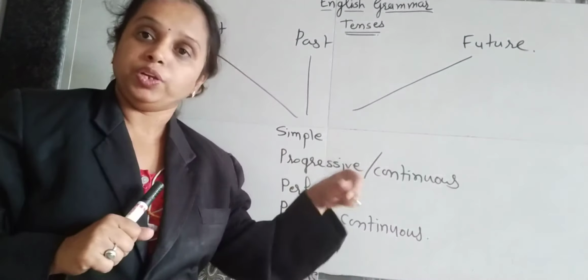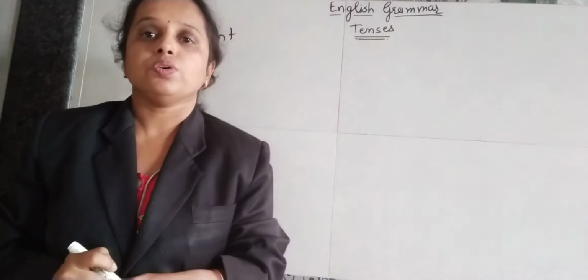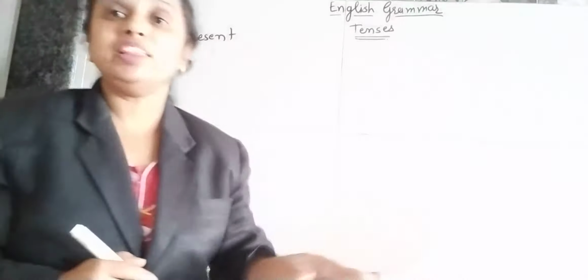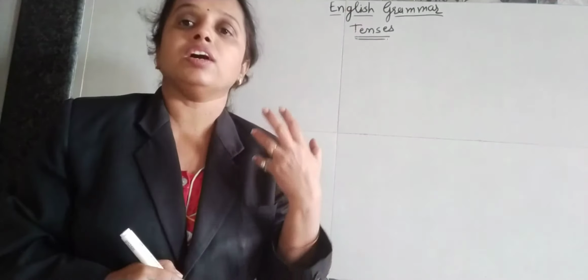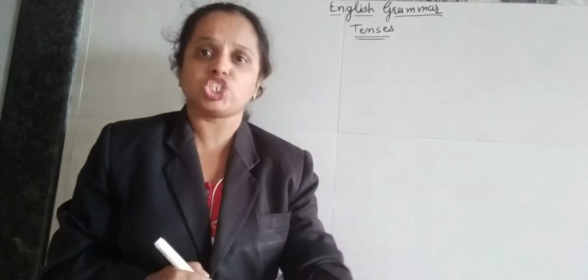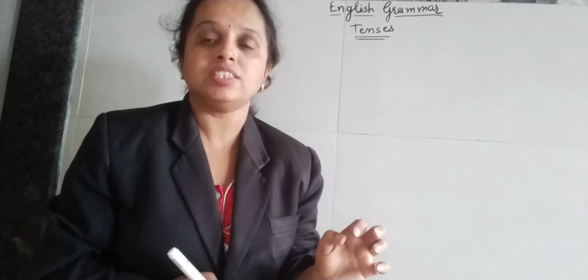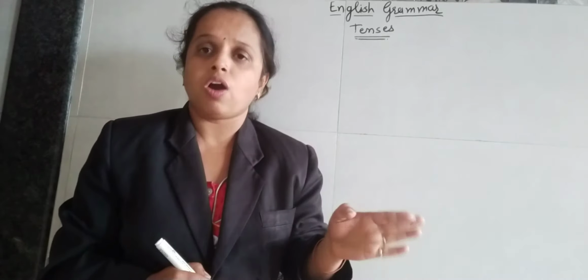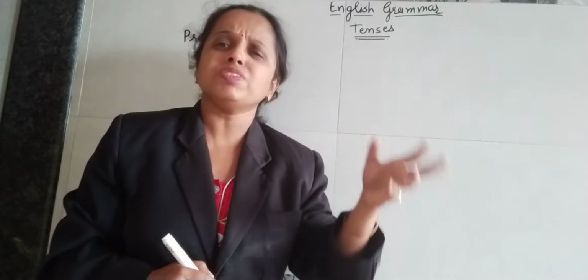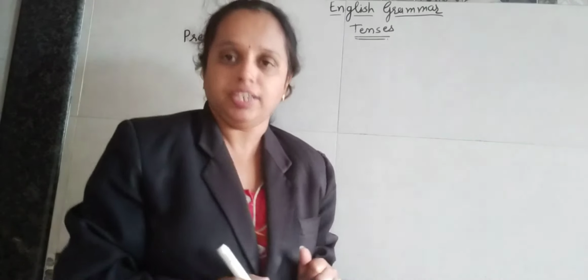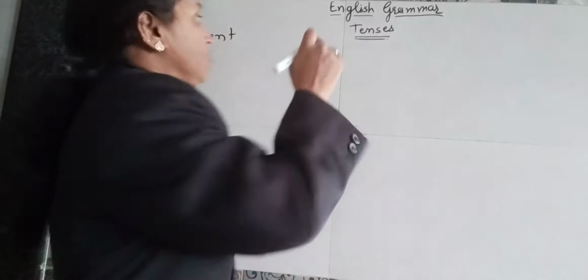So today we are going to learn about the present tense and its subtenses. We will start from the present tense. Why are we using the present tense? The present tense usually gives us an idea about the present action or the present situation. First of all we will start from the simple present tense, which is for usual or everyday actions, and even the universal truth. So first we will go for the simple present tense.